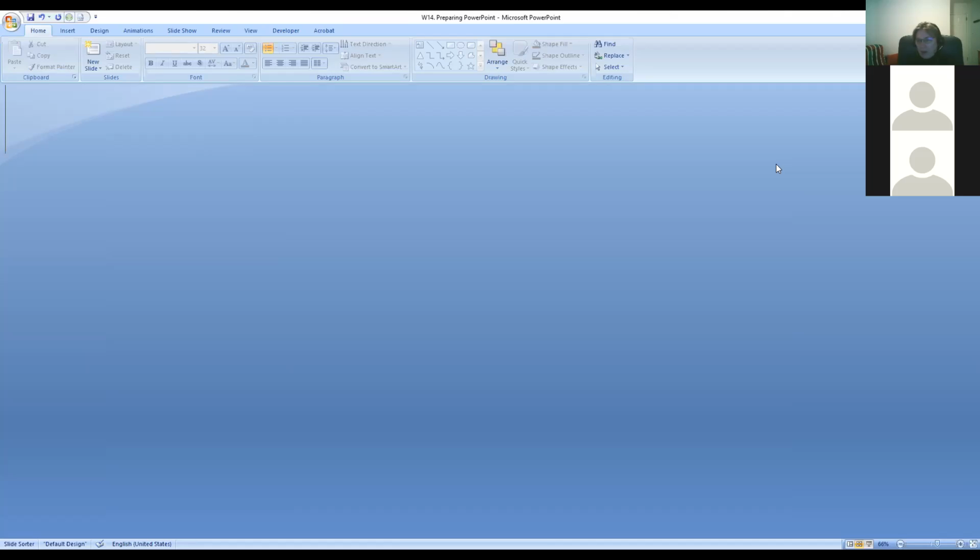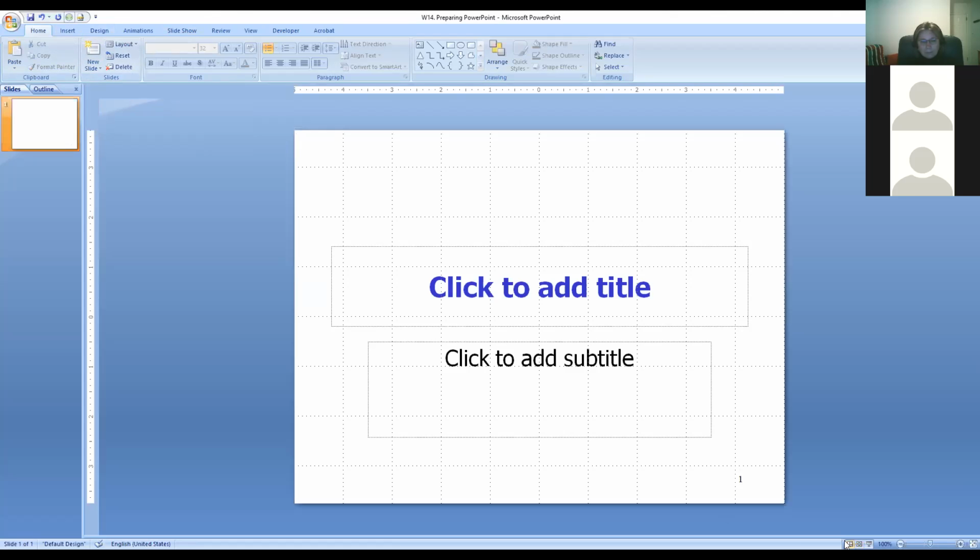You actually have to create the slides first. And there is on the ribbon, this is again 2007, you may be using Google Slides. It's all very similar. You have to start with a new slide. So if you click on that, you're going to get your first new slide. I will stay in this mode, not in the presentation mode, so I can do things. Now, as you can see, this is the title slide.